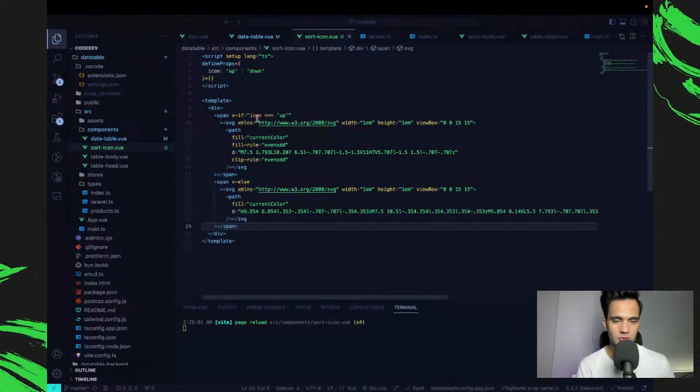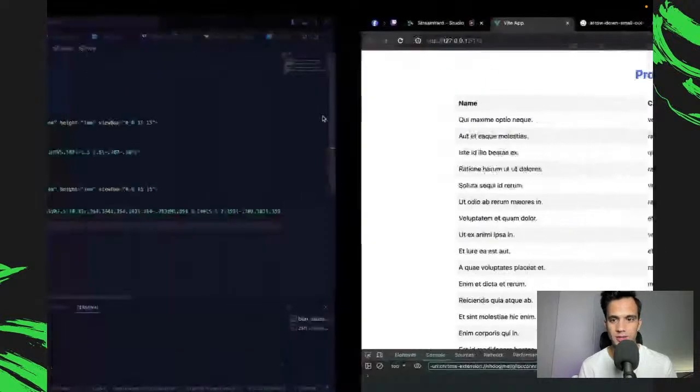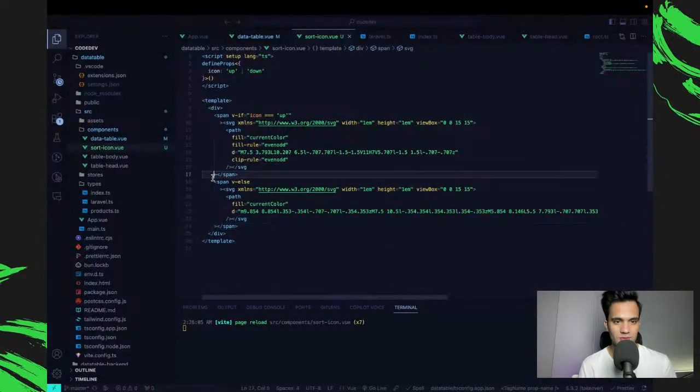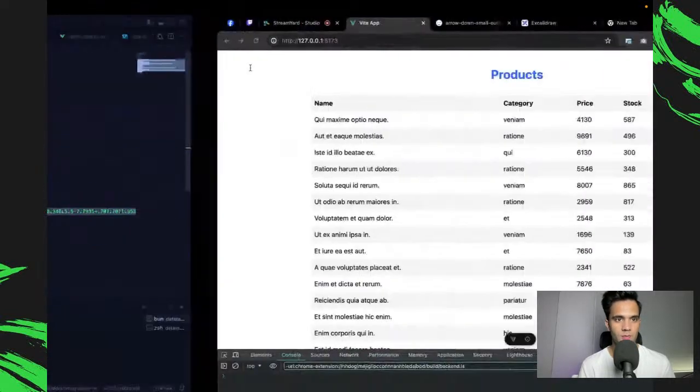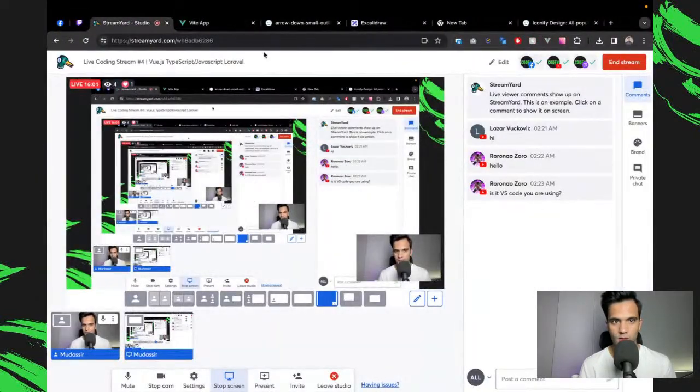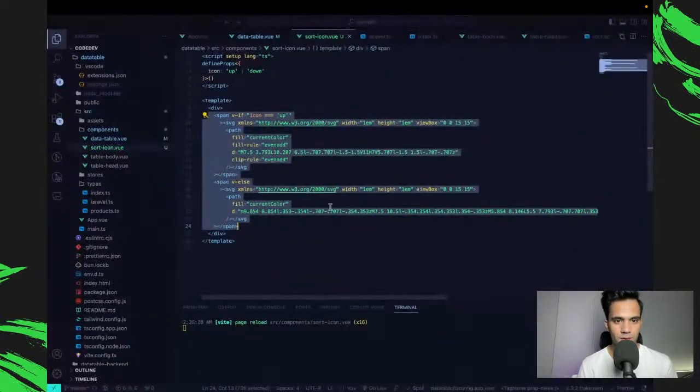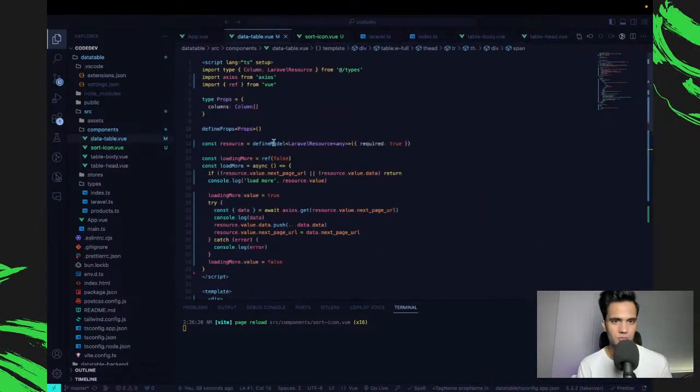The formatting can be tricky sometimes with Prettier, but it's good that it's not wrapping it. That is to avoid the white space, which used to bug me when I was new to it. But now I understand why it is this way. Anyways, we have the icon up and then we have the else statement. And now if everything is okay, then we should be able to use it.